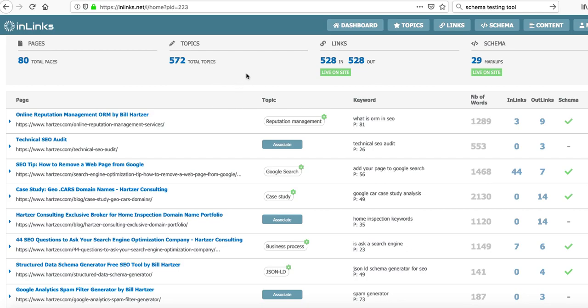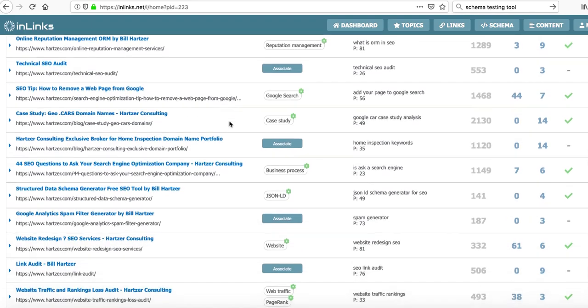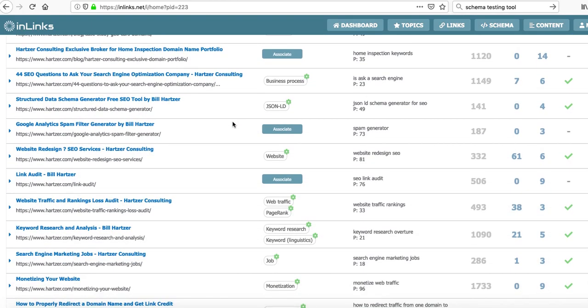InLinks.net is a service that will crawl your site, and they figure out the topics. They figure out based on entities and based on a list of Google entities that Google provides through an API. They know these entities, and based on that list, they're able to identify topics and help literally create internal